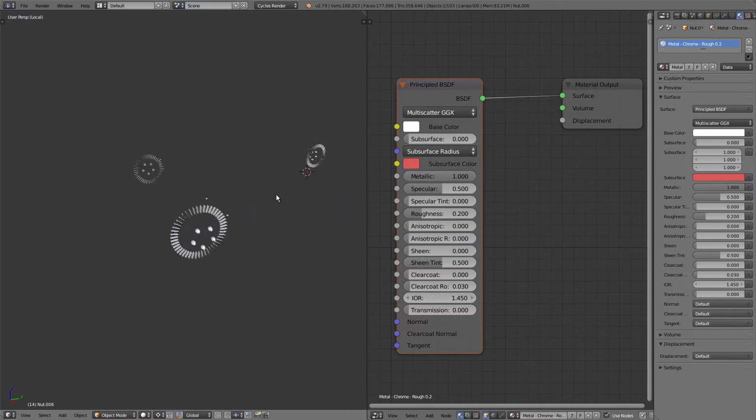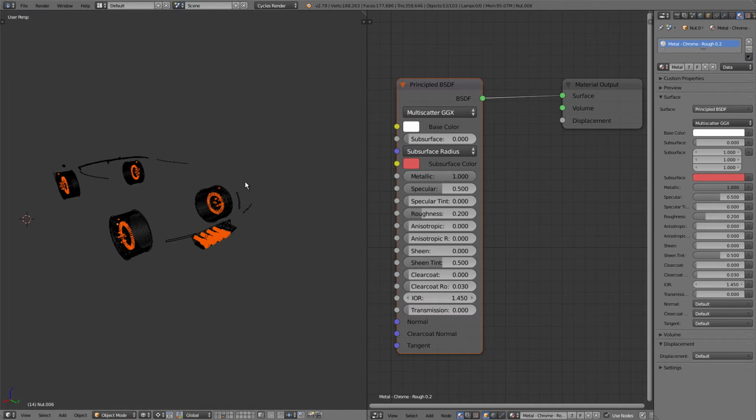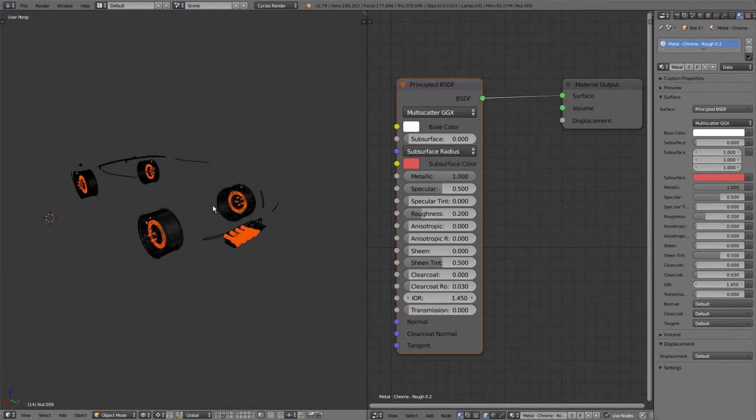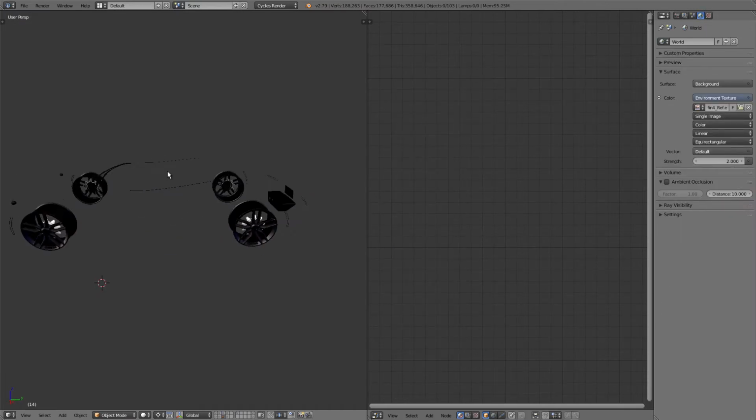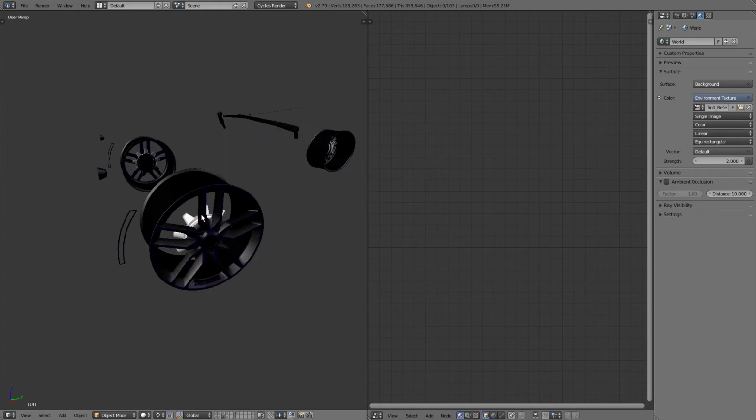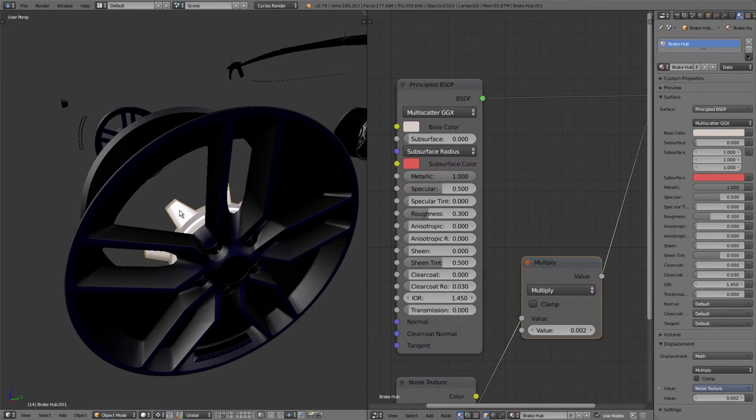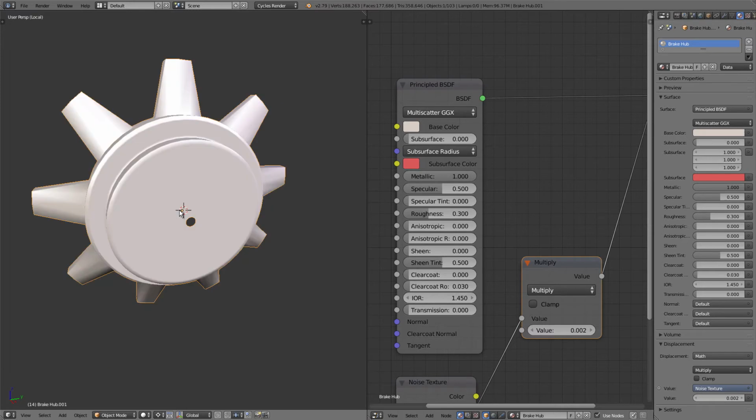Let me just go over to the front, make sure there's nothing else. Nope, that's it. Okay. So let me press Alt and H to unhide that, press / to go back into global view. I'll press H to hide them, and we're working our way down the list. So let's work on the brake hubs now. So let me right click on that to select it, and then I'll press / on the numpad to go